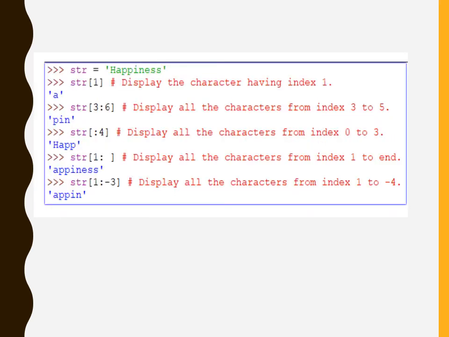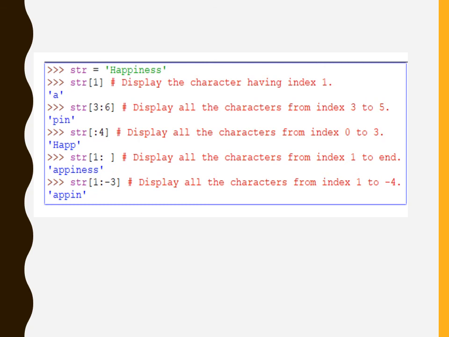See the example str equals happiness. So str[1] will display the character having index 1. In the second example, str[3:6] displays all the characters from index 3 to 5. With str[:3], if the starting position is not there, it starts from 0 till 3.